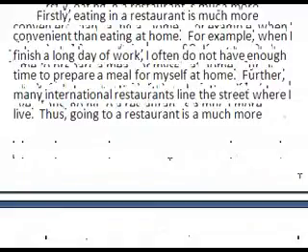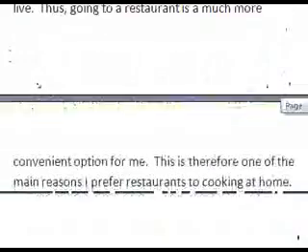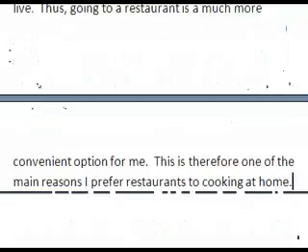Okay, so when we look at this last sentence, we're linking it directly to our thesis, which is basically that we like restaurants better than cooking at home. That's what we like to do better. So if we read supporting paragraph 1 together from the beginning: firstly, eating in a restaurant is much more convenient than eating at home. For example, when I finish a long day of work, I often do not have time to prepare a meal